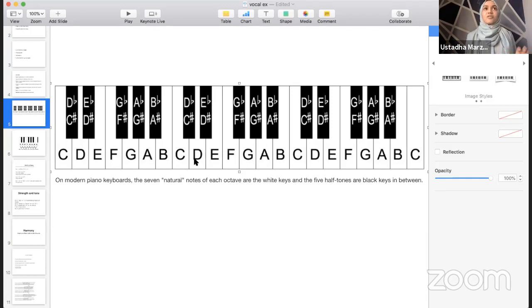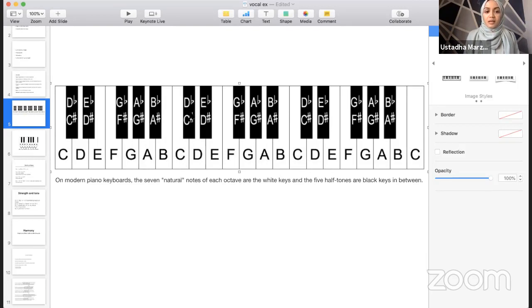So when we do our vocal exercises, if you remember the sets that we have, the 131, 151, essentially what we're looking for is the first note. So if I started off with the C key here, the third note will be the third whole tone. So let's just show you an example. If C was my first note,